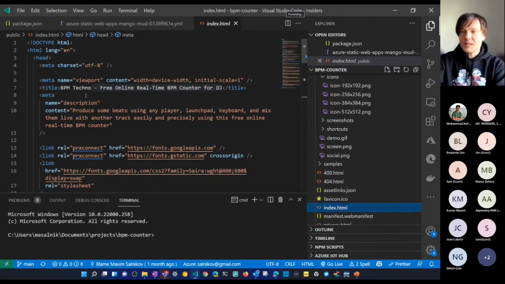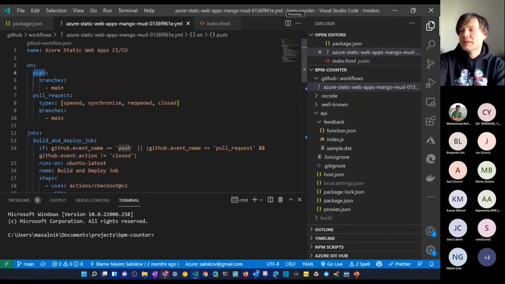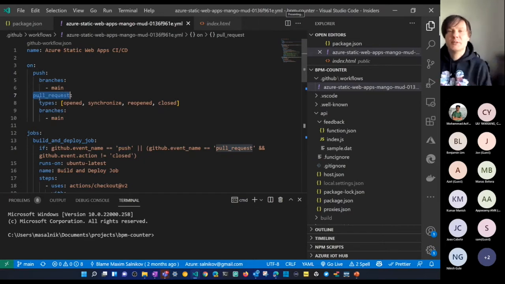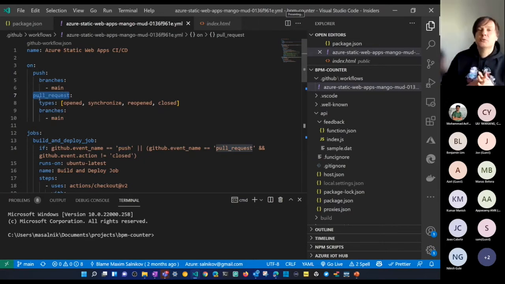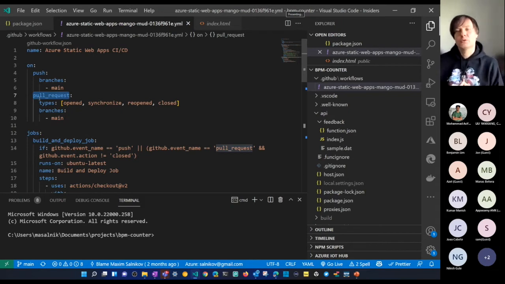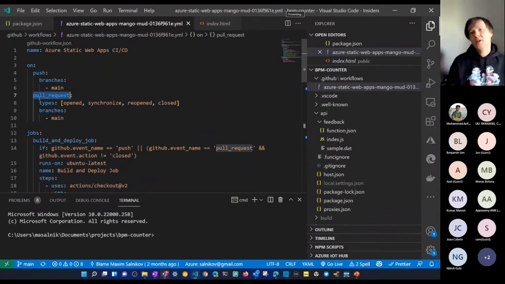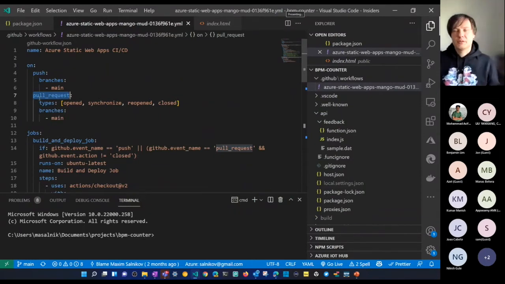Maybe this is also super useful, and you see that this action will run on push and on pull request. So just imagine the situation. You changed some things in your application and you want to test it before rolling out to the production URL. Or maybe you just want to run some end-to-end tests or integration tests on the deployment location, not locally.